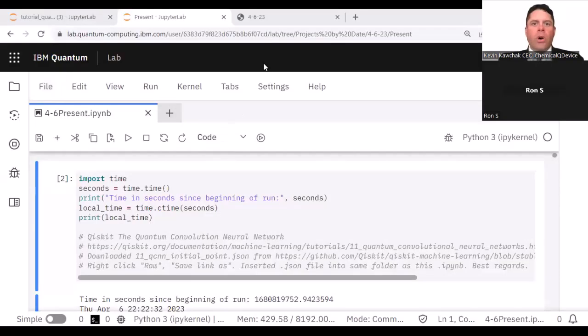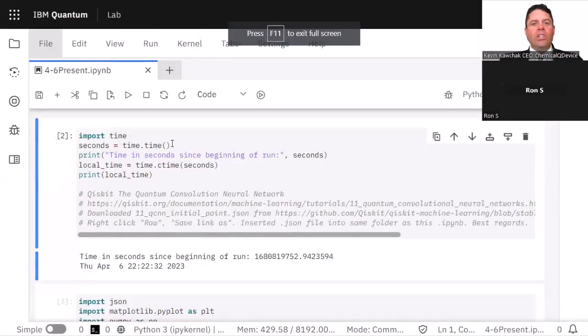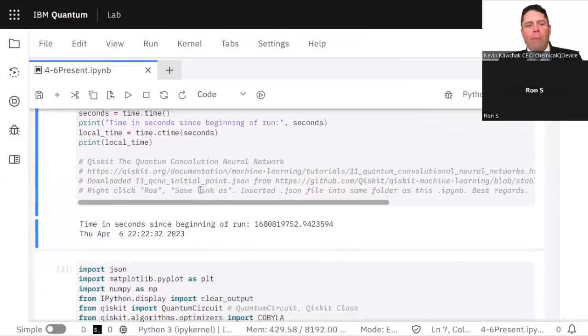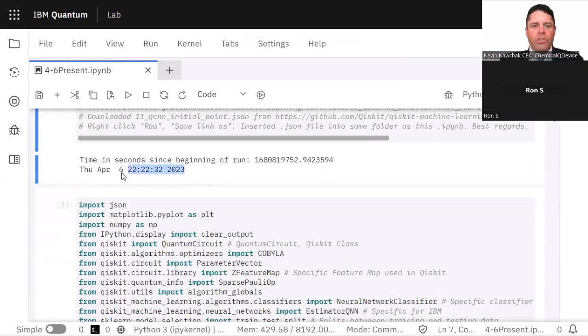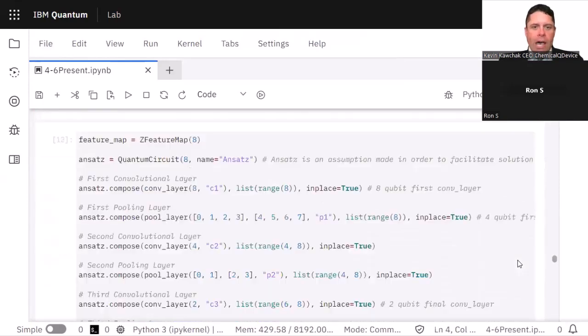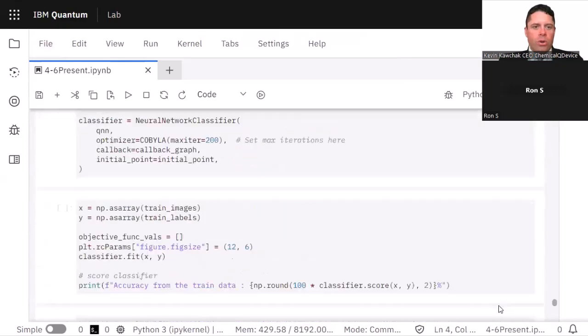So on this specific one, remember, I imported the time. Now I didn't actually do this step by step; the trick with that is you just run all cells, and that's accurate. So remember, I was just going through step by step. So this created the first timestamp right there. And then going down, the important thing to do